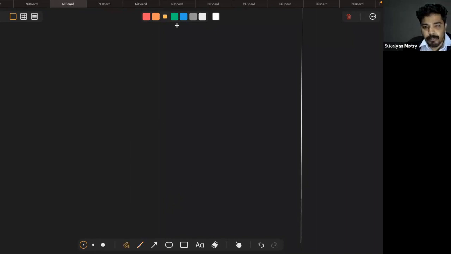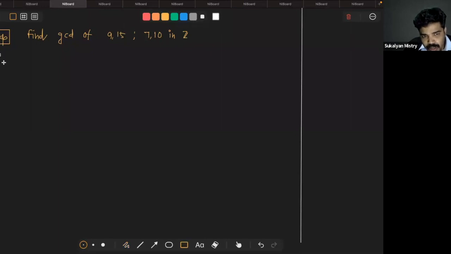সো ফার্স্ট রাইট ডাউন দ্য এক্সাম্পল, find the GCD of 9, 15 and মনে করো 7, 10 in Z, that is set of all integers, ঠিক? তো আমরা ছোটবেলায় কি করে করতাম, আমরা ছোট নাম্বার সেই নাম্বার দিয়ে